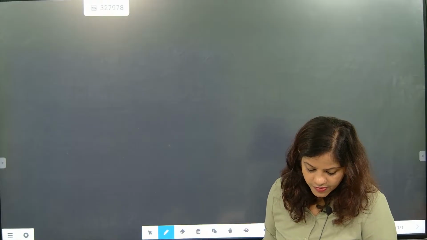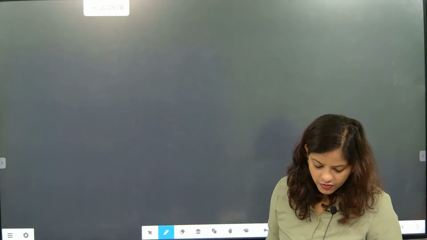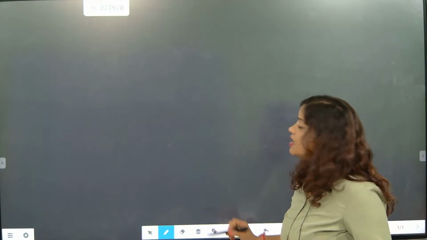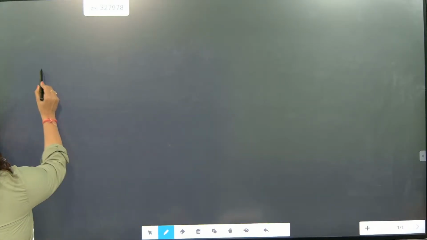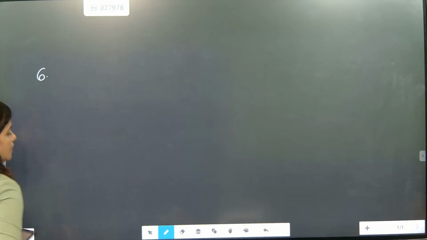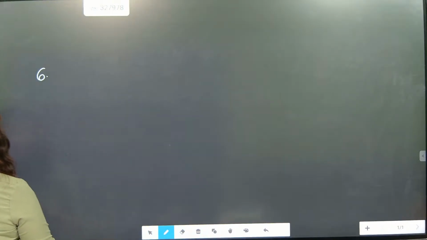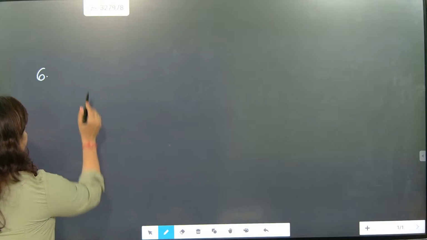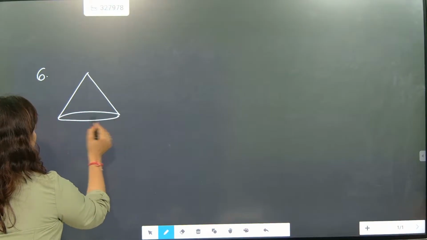Now, next question, beta. This is cost of canvas. What is the length of the hump? The slant height of a base of diameter. Now, beta, this is NCERT question number 6. The slant height and base diameter of a conical tomb. So this is a conical tomb. The slant height